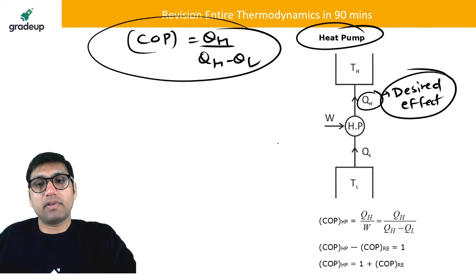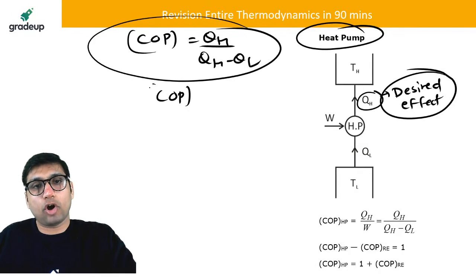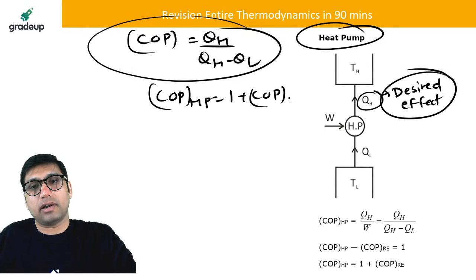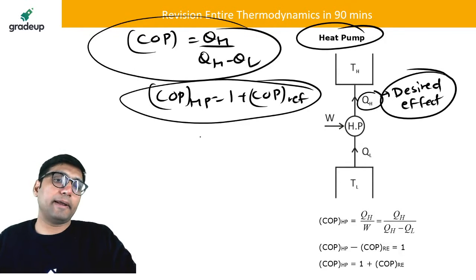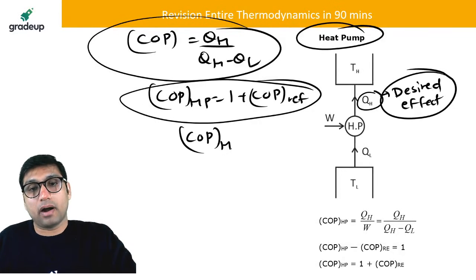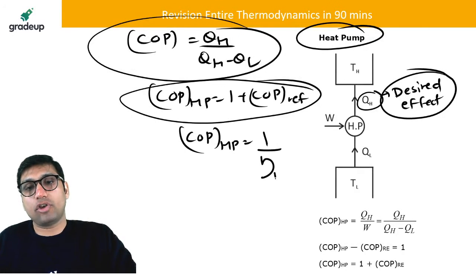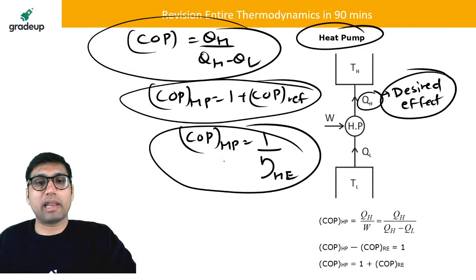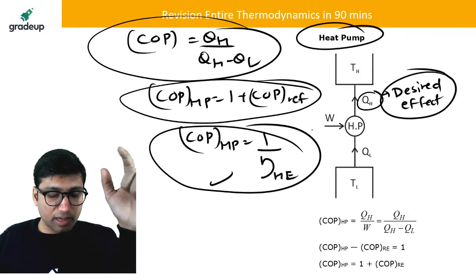There is a relation between COP of heat pump and refrigerator. COP of heat pump is equal to 1 plus COP of refrigerator. One more important thing: COP of heat pump is equal to 1 by efficiency of the heat engine. This is also a very important relation. This question comes